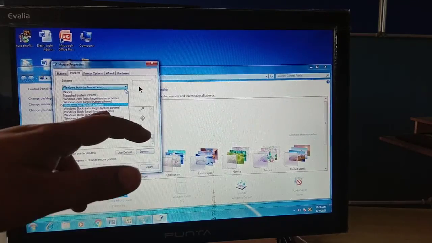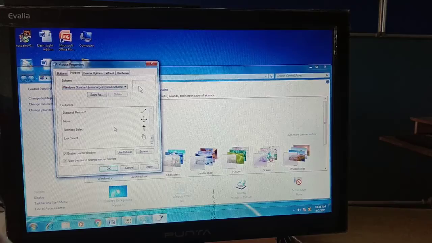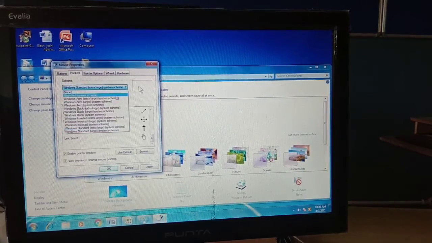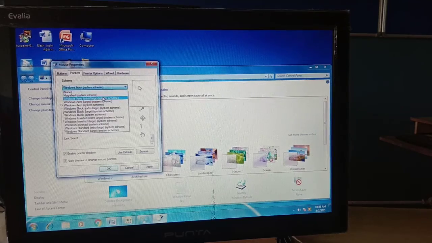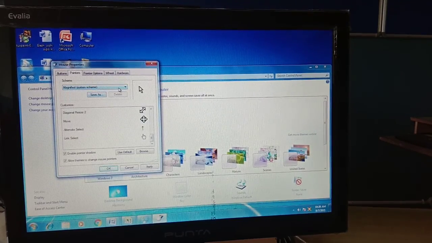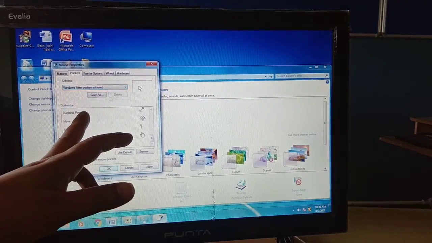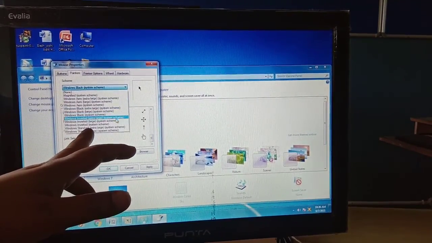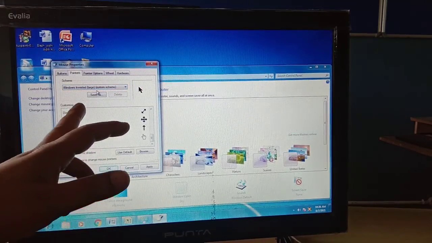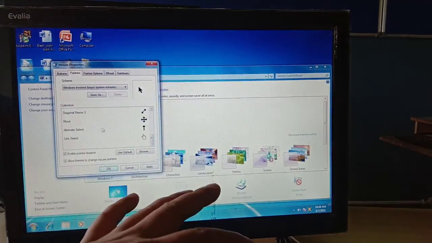So many schemes are also available. You can change these schemes also, in which type you want your pointer. If you want your pointer in a large form, you can use this.